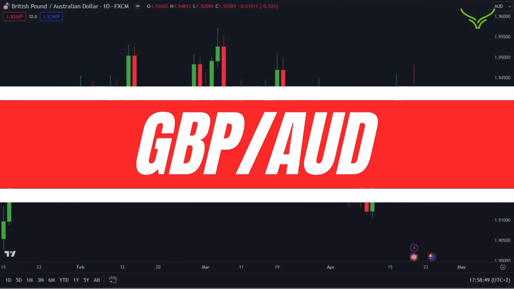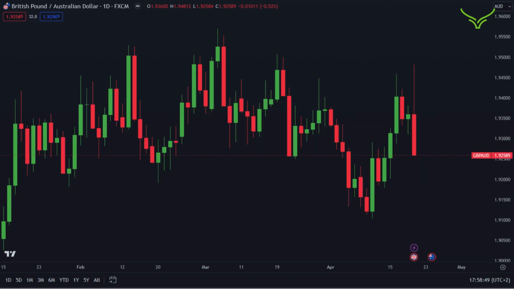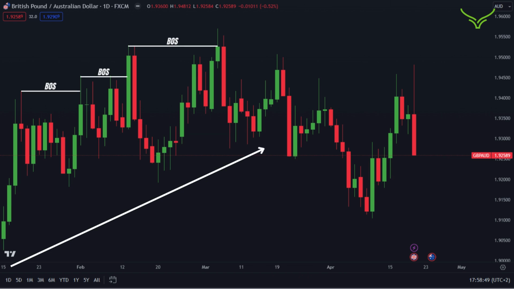Let's kick things off by taking a closer look at pound sterling to Australian dollar. Starting with the daily time frame, initially, we observed a clear uptrend, characterized by valid breaks of structures. However, a significant shift occurred when price broke below a previous low, signaling a change in market character and indicating